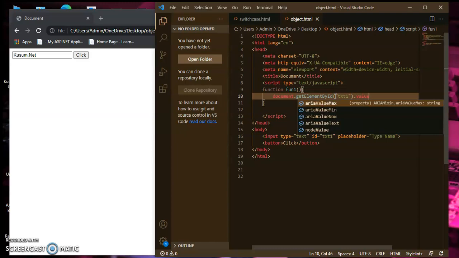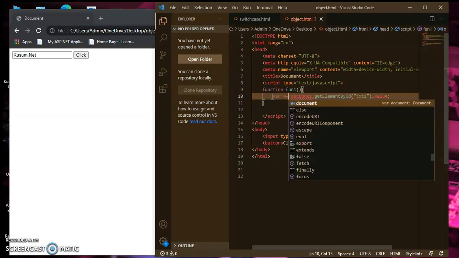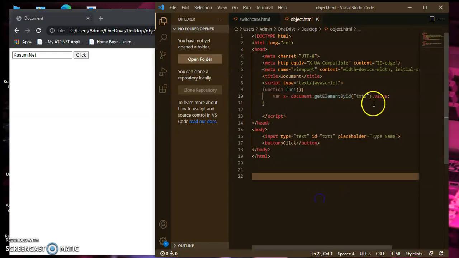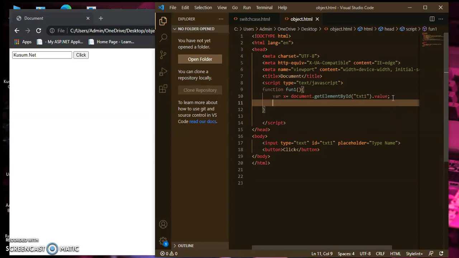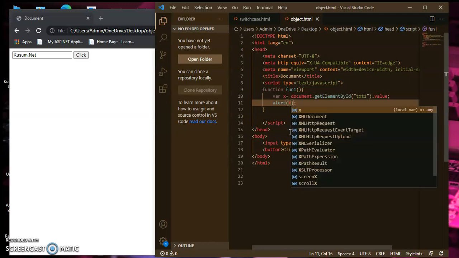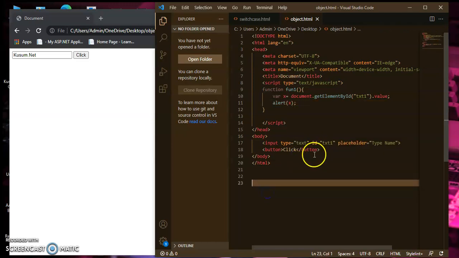I will create a variable for it: variable x equal to document.getElementById dot value. This will fetch the value of the text box, and now I want to display it inside the alert pop-up message box, so I will write alert(x).